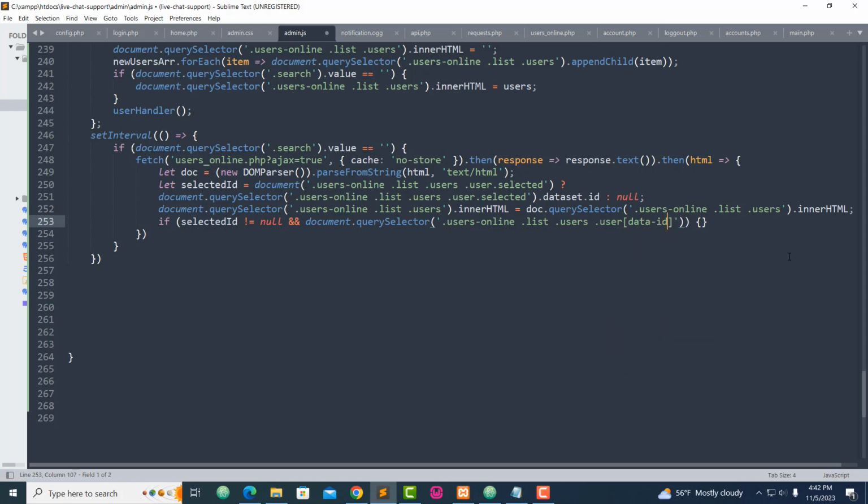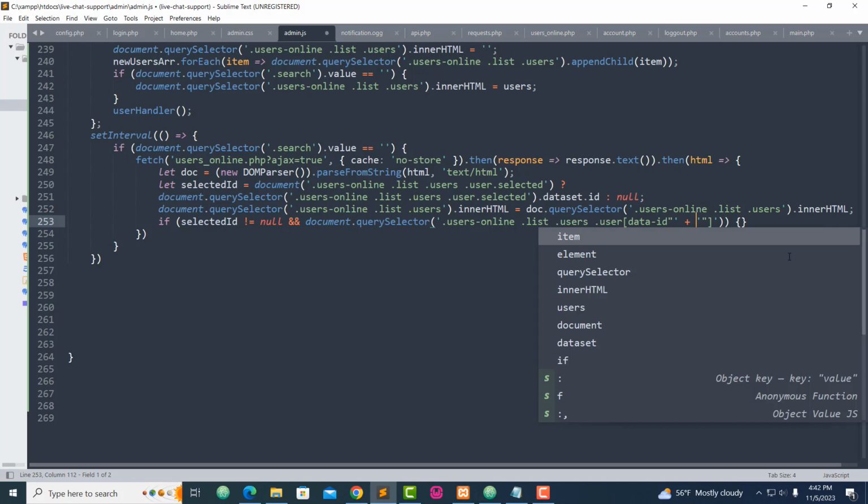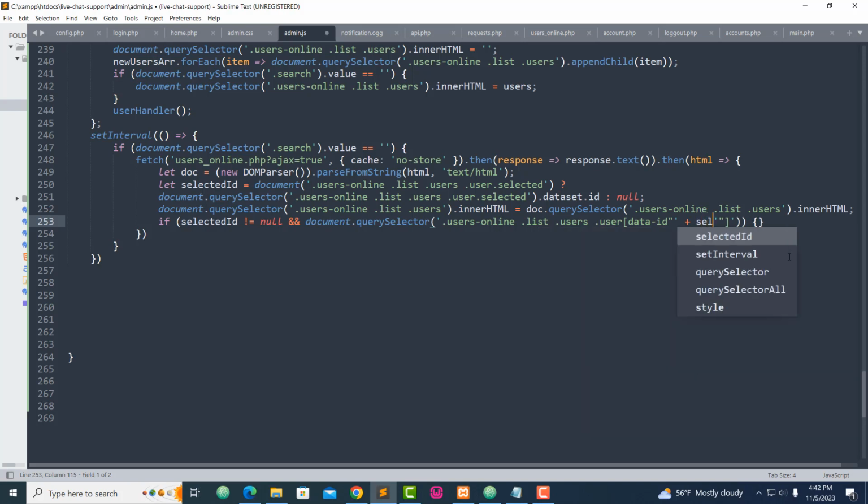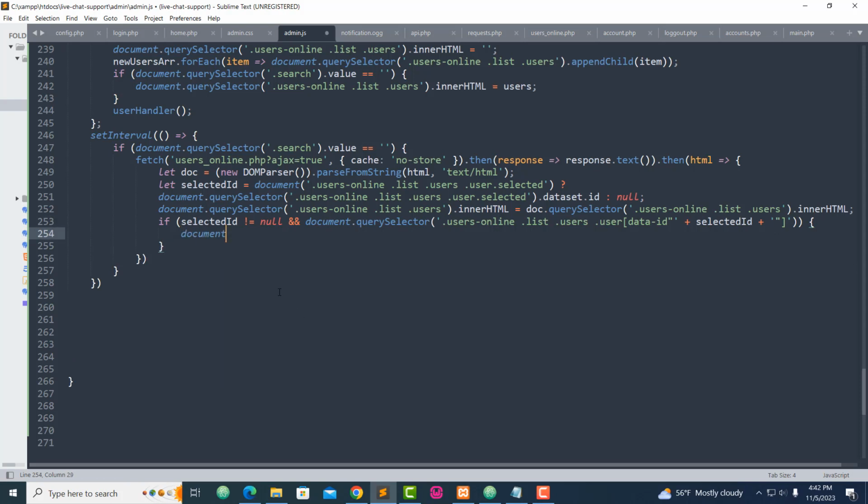Data ID. Double quote and single quote inside of the double quote. Inside of the single quote, create a space and put sign plus space and selected ID. Okay, like this. Okay, and which is fine. And like bring this down. This is where we have document that. Well,